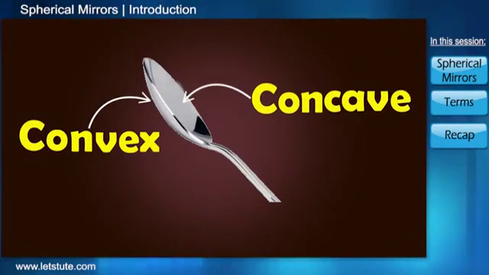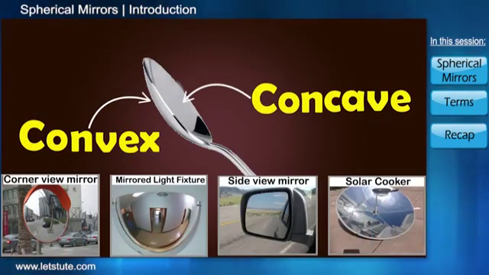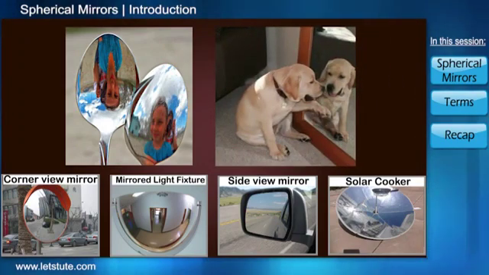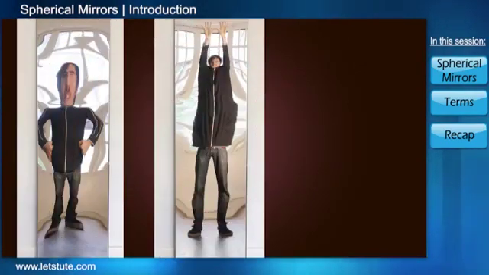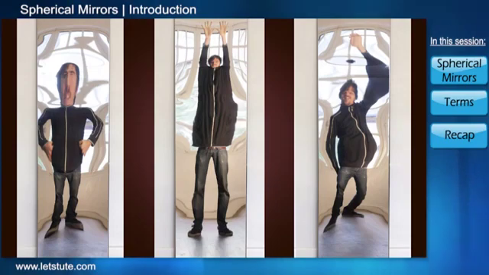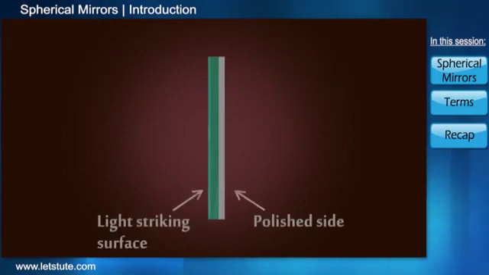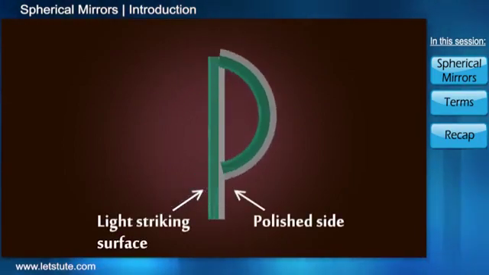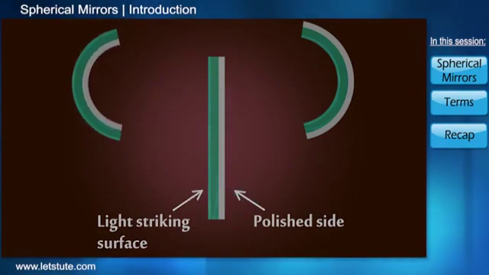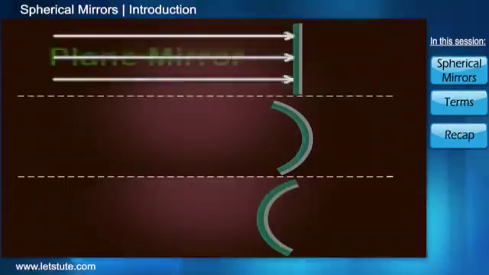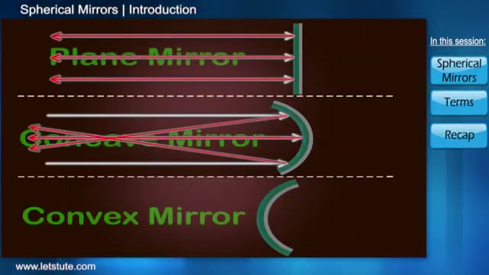So, whether it's the spoon or the previously mentioned examples, if you've ever looked into them, you would have observed a considerable difference between your image in these mirrors and that formed in a plane mirror. You would even have a hard time recognizing yourself due to exaggerated distortions, expansions, or contractions of your features. Why does this happen? How does a small bend in a plane mirror or mirror-like surface, either forward or backward, give rise to such unusual images in terms of shape or size? It's because of the way light is reflected. We'll understand this more clearly across the next few sessions.